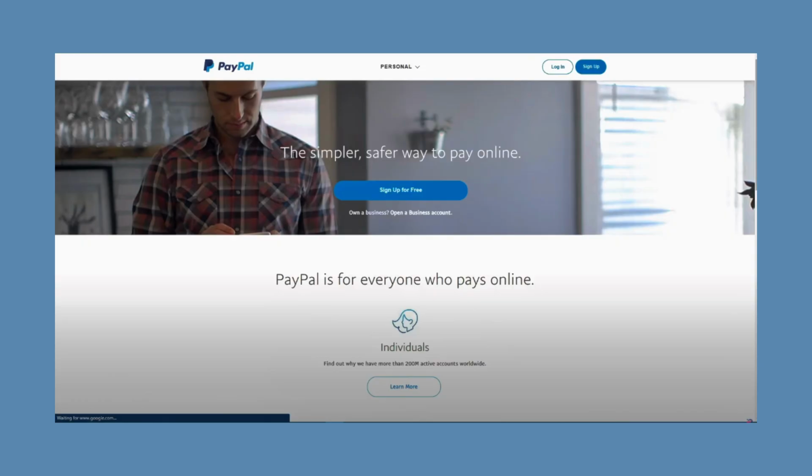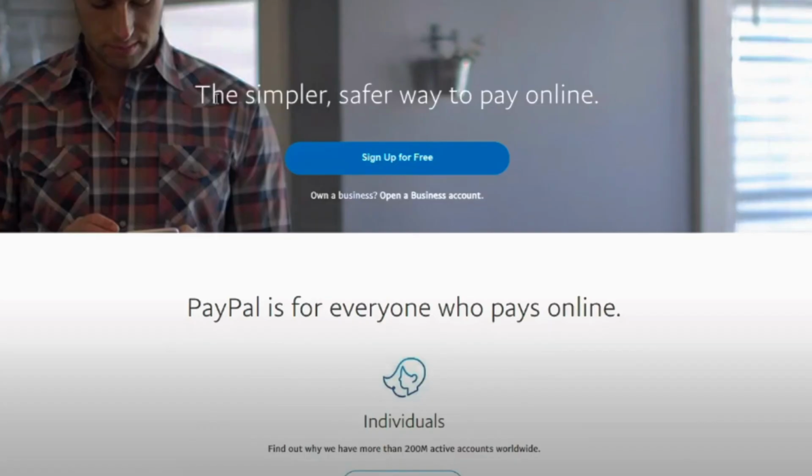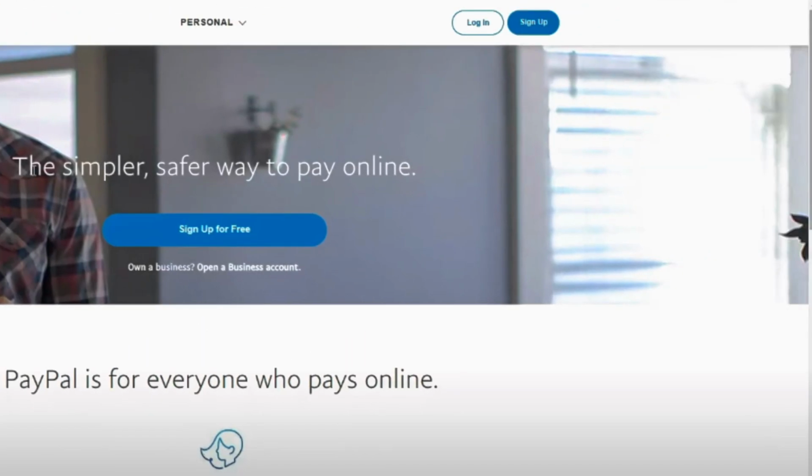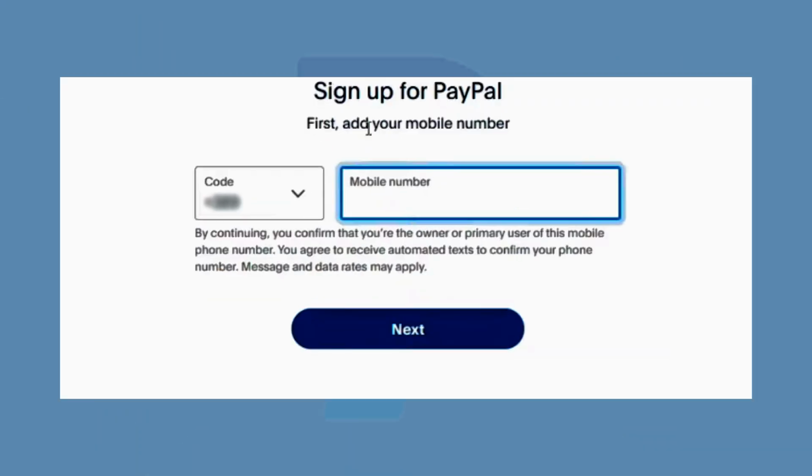Then when you get on the page, you have two buttons at the center of the page or at the top right corner to click on: sign up for free or get started. Click on it. Then on the next page you'll need to enter your mobile number to receive a verification code